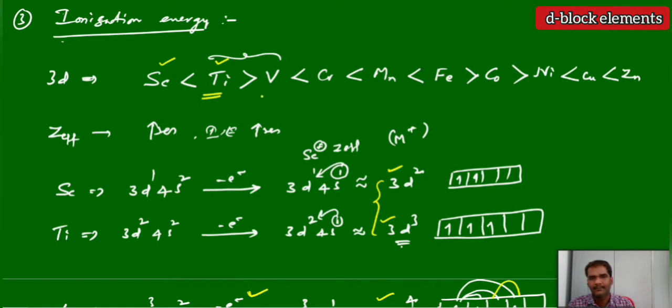No problem. But come to the vanadium case, anyhow here the effective nuclear charge is more. Apart from that, it will get the stable electronic configuration 3d4 after removing electrons. Means the required energy to remove an electron is very less. Why? Because we are getting the stable electronic configuration here. So there is no need to take this much energy as in case of titanium, whatever energy we gave there. Why? We are getting a stable electronic configuration. Anyhow, stability leads to a decrease in energy.